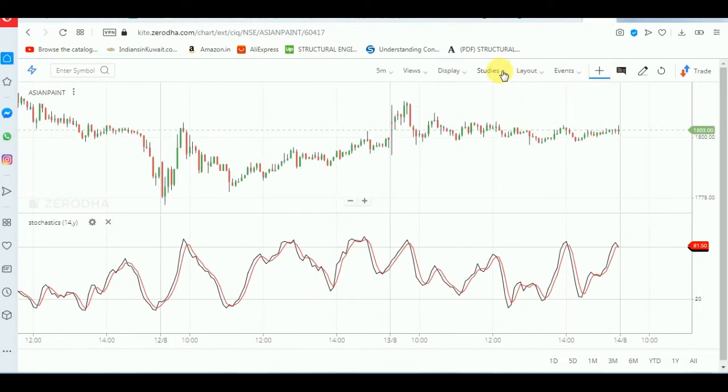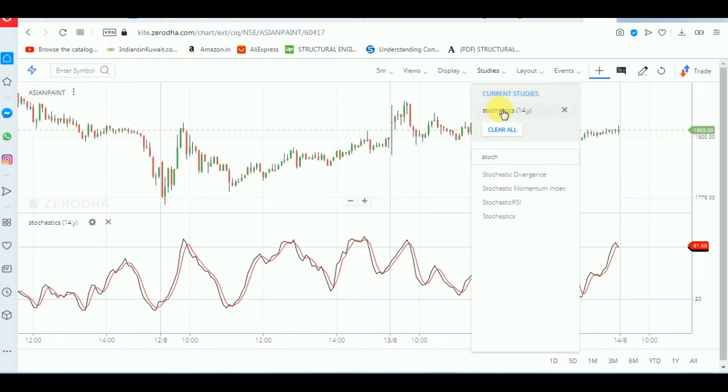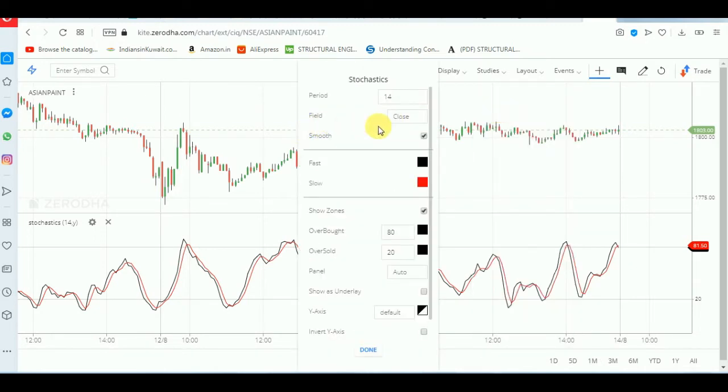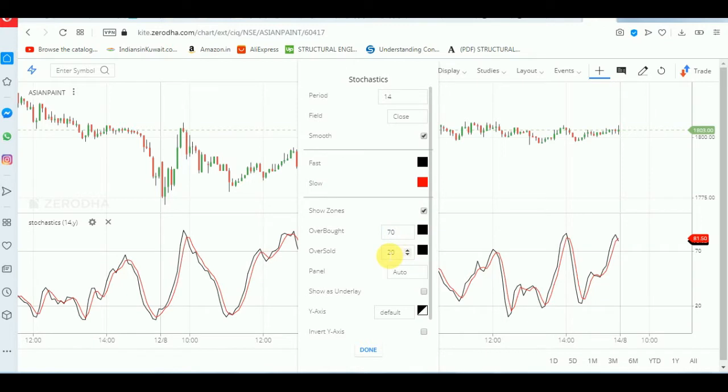And apart from that, if you can see here, the fast moving line, as I said, is in black, and the slow moving line is in red. Here you can see overbought is 80 and oversold is 20. Many traders used to keep this as 70, and the oversold region is 30,